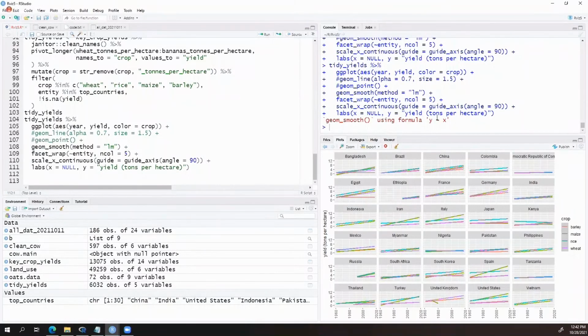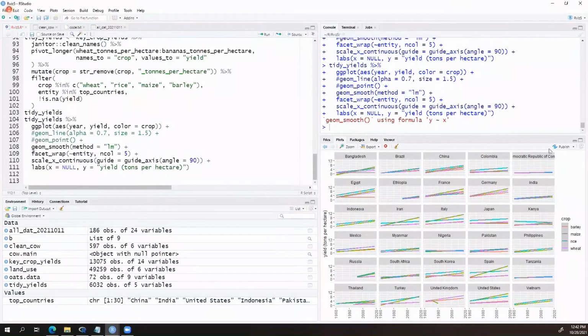And we told it we wanted to use a linear model. The default for geom_smooth is actually a polynomial, and so it would have looked rather different, but this gives you an idea of what you can do just by using the smooth function already contained in the geom package.